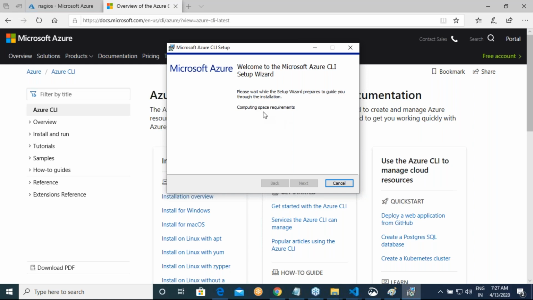Seriously? This much time does it require to compute the space requirements? Yeah, good, good. Okay, but